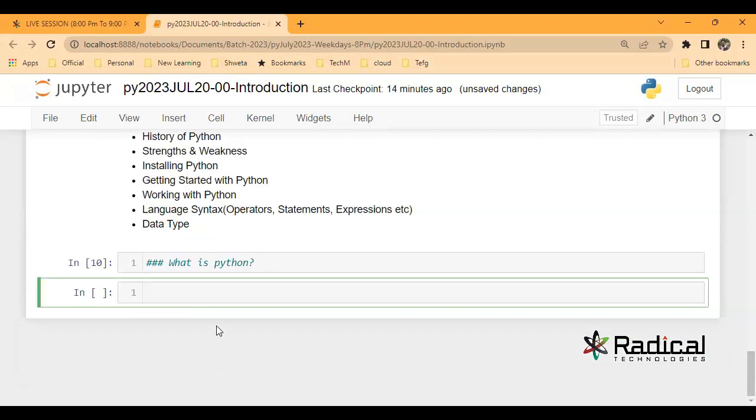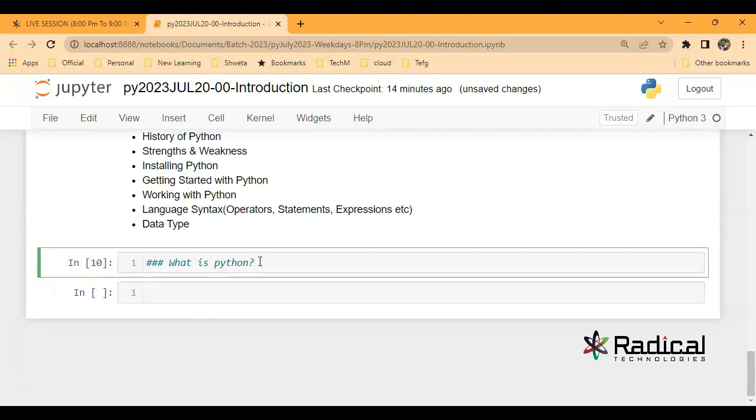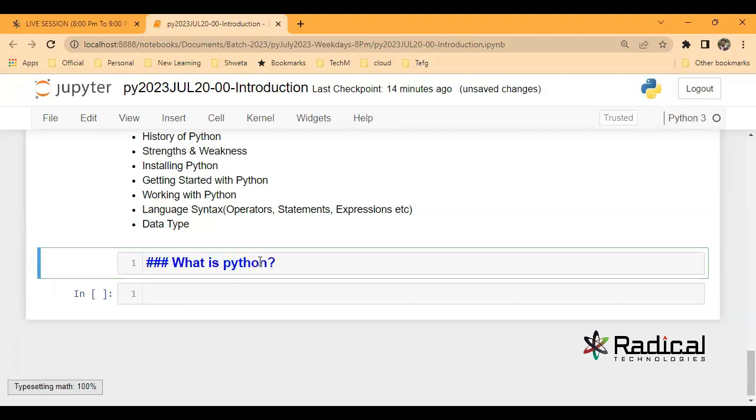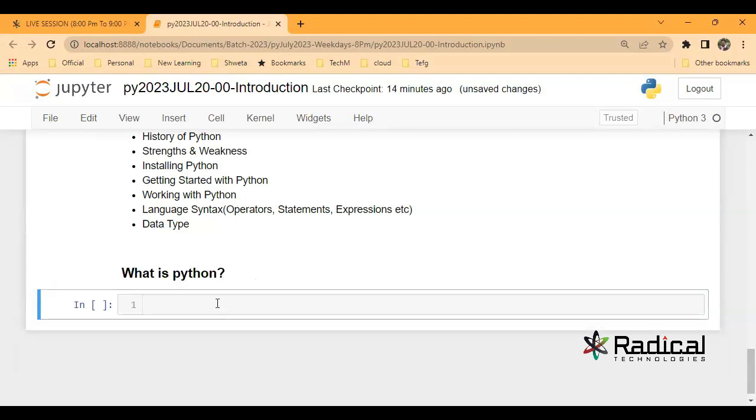Shift enter, then it is becoming a comment. It is not giving an error. Still, it is not giving the heading style. I do escape m, then the heading style is coming. I can write free text with escape m. Python